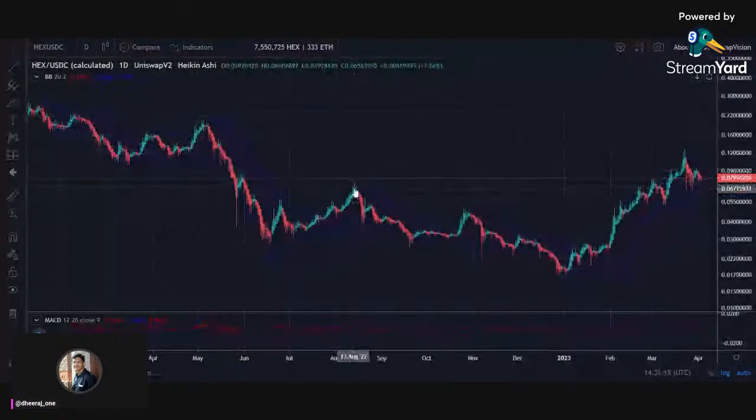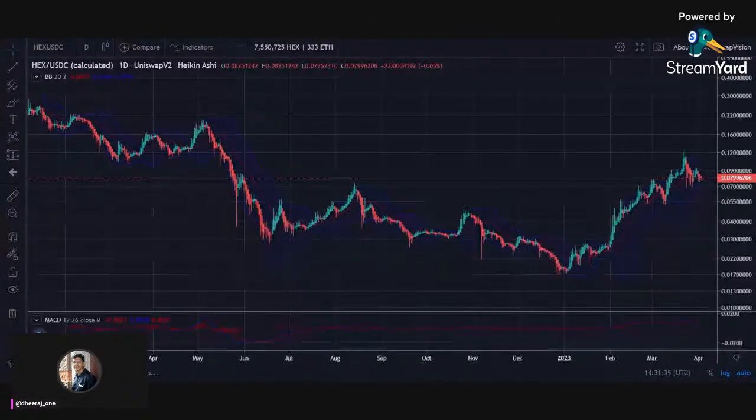If you have been following some kind of crypto TA guys, there is a very common phrase: resistance becomes support and support becomes resistance. So I guess we will probably have support at 7 cents. We'll bounce back, and our next resistance will